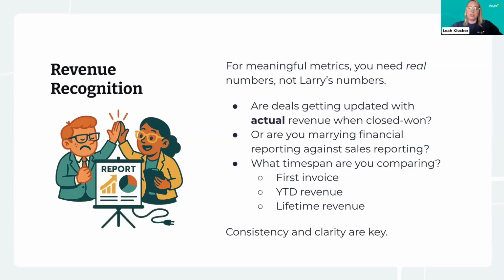Decide what metric you're going to assign to that opportunity. Are you measuring based on first invoice, year-to-date information, or lifetime revenue? You don't want to mix and match the numbers. Pick one that you can measure upfront that gives your team consistent numbers to work with. You also want to spot check this regularly. And again, consistency and data clarity are important here, the theme for today. Generally, too, if your team disagrees on what revenue looks like, it's not sales versus marketing or so-and-so's right or wrong. It's likely the data is just misaligned. So maybe take a peek at that.